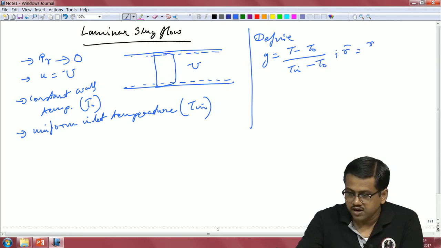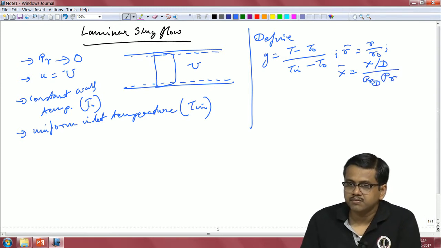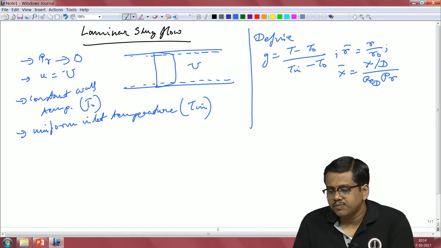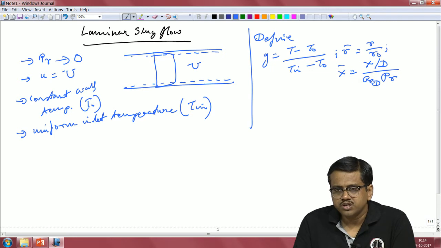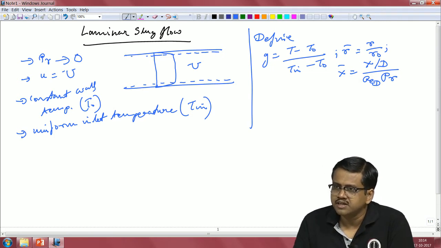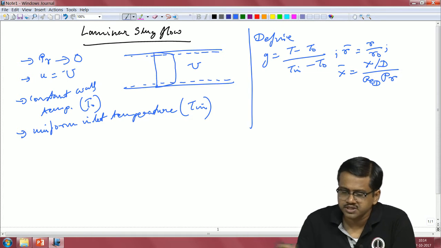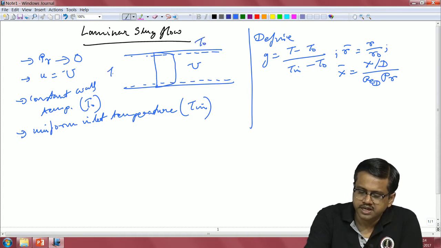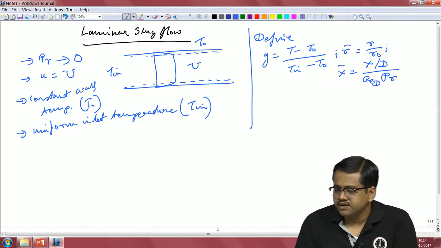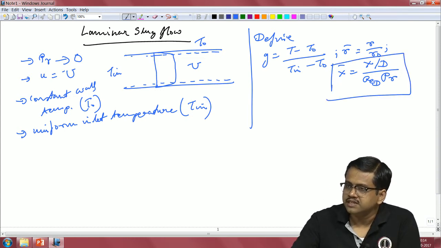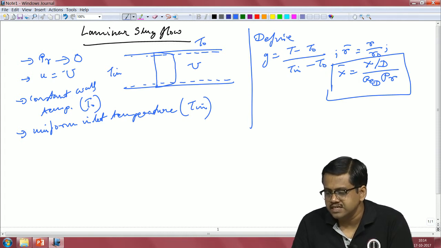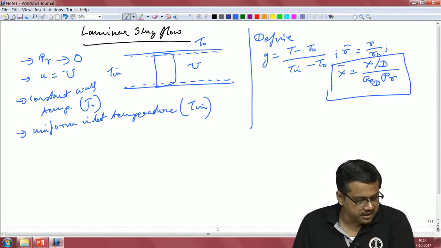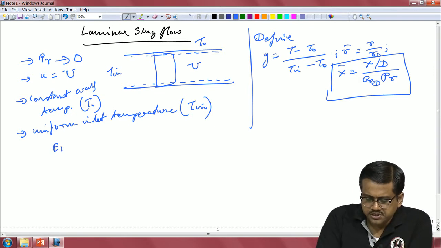R bar is equal to R by R naught, X bar is X by D, Reynolds number into Prandtl number. If you recall from the previous lectures, G is the non-dimensional variable, which is T minus T naught divided by T in minus T naught, T naught being the wall temperature. T naught is the wall temperature, the inlet temperature is T in, right. Remember that we got from our entrance length analysis that X bar is equal to X by D, Reynolds number, Prandtl number. So, the energy equation